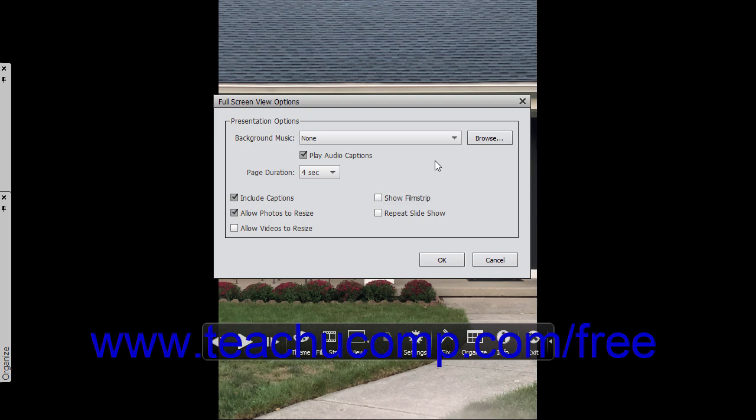To play any associated audio captions for selected photos within the presentation, ensure there is a check mark within the Play Audio Captions checkbox. To specify the number of seconds each selected image will appear on screen during the presentation, select a choice from the Page Duration dropdown. You can also click into this dropdown and enter a custom time duration that ranges from 1 to 3,600 seconds